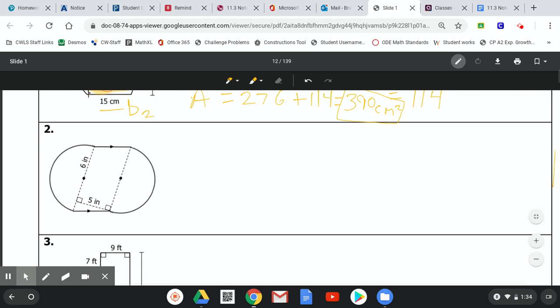Moving on to the second one. If you look at the second one, we have like this funky shape